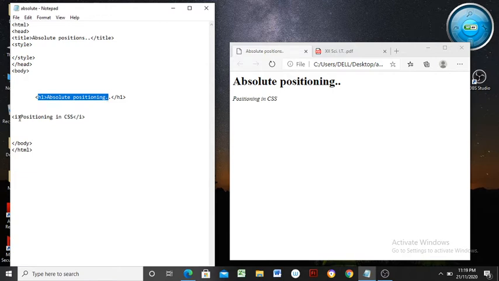Simple two words are here, and again a new line, that is positioning in CSS, on which an italic tag, the I tag, is applied. As per its content and effect, it is displayed in the browser's window. See here, it's the output for this effect.